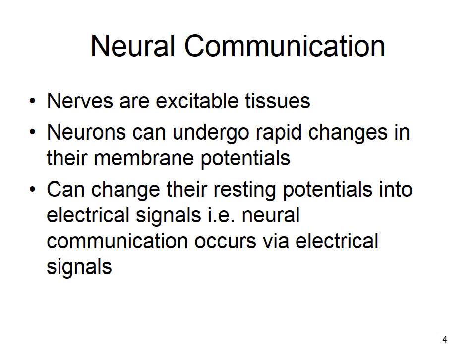The nervous system is made up of nerves. Nerves are bundles of axons. So nerves are not cells. They're bundles of cells, bundles of neurons. And it's the neurons that undergo rapid changes in their membrane potential, and that acts as the signal. Neurons change their membrane potential. It goes from minus 70 millivolts all the way up to positive 30 millivolts, and that acts as an electrical signal, super rapid.